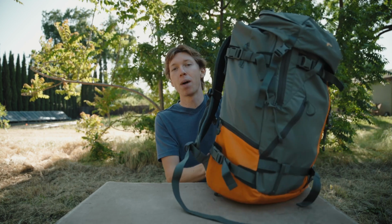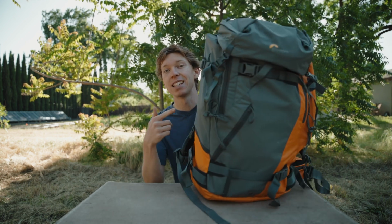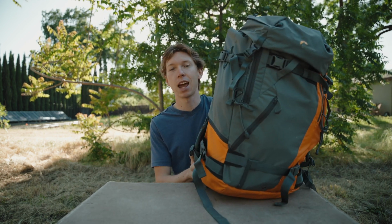So this is the Lowepro Powder BP500AW, and like I said, I think it's pretty much the perfect camera backpack, but there's no way I'm going to review a camera backpack without field testing it first, so